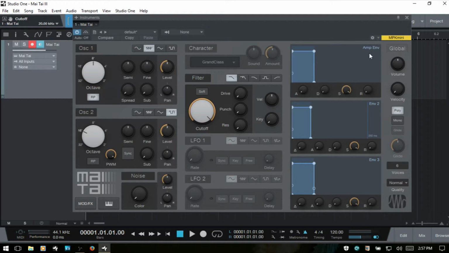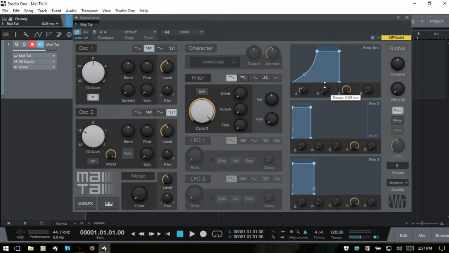Now, beginning with our amp envelope, this is going to allow us to determine how our audio is going to be shaped over time as far as its level or amplitude is concerned. Right now we have an immediate attack, and in order to adjust these parameters we can use the knobs down below for ADSR: attack, decay, sustain, and release. We can also come up to these knobs and drag, and then as you see our attack adjusts itself down below. We also have these areas that we can grab and adjust our slope,